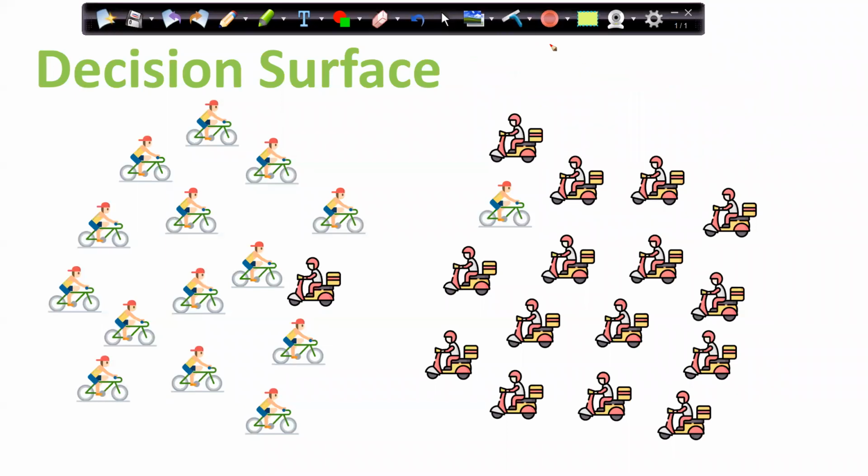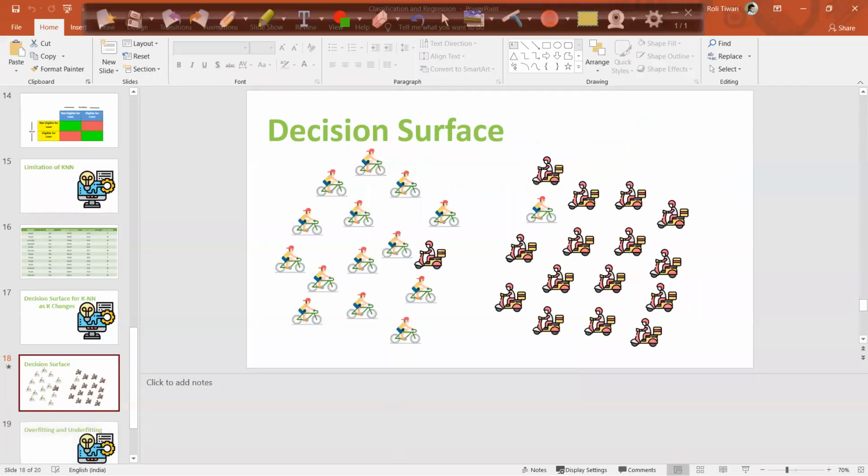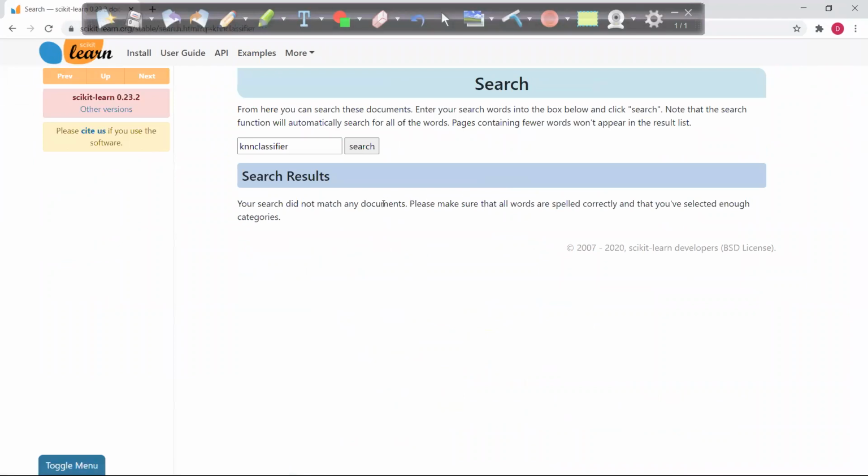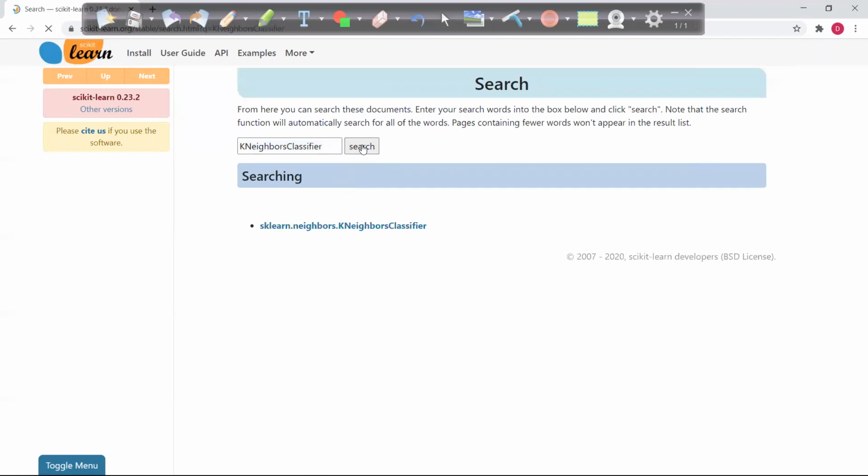If you go to the scikit-learn documentation, let me open that, and go to the K nearest neighbor, let's search it.